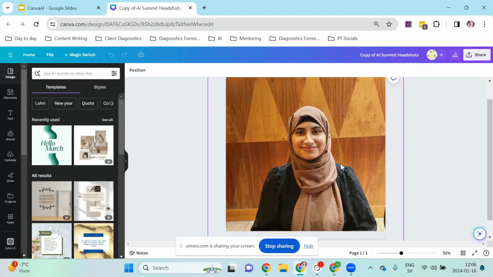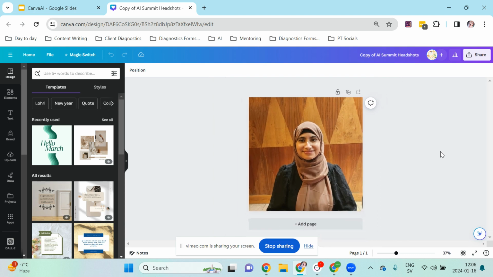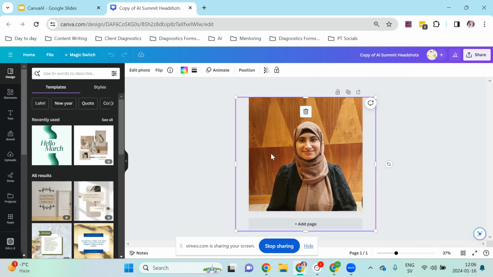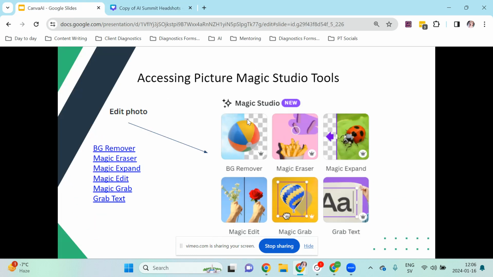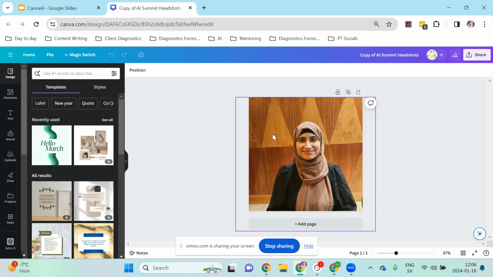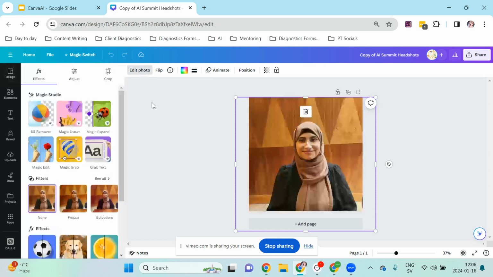This is our lovely Khadija, one of our web developers here at Profile Tree. To access the Picture Magic Studio tools, you would come into your project, click onto the image itself, and then up in the top left-hand corner, you see we've got Edit Photo. So you click onto Edit Photo,